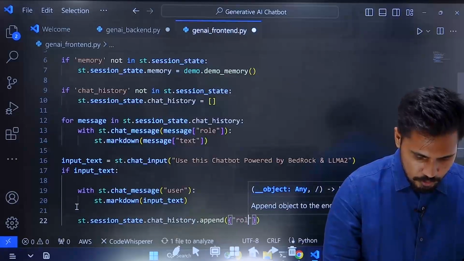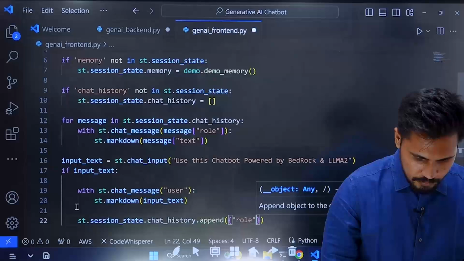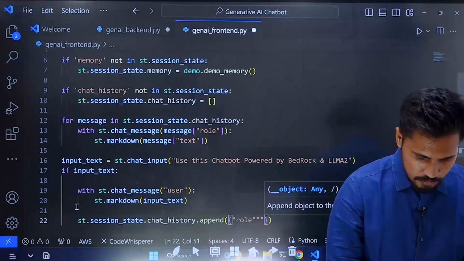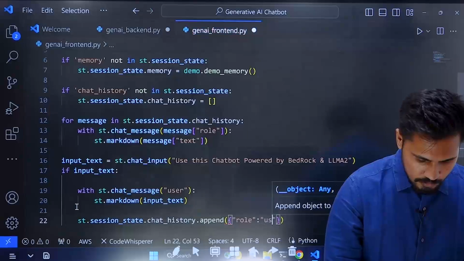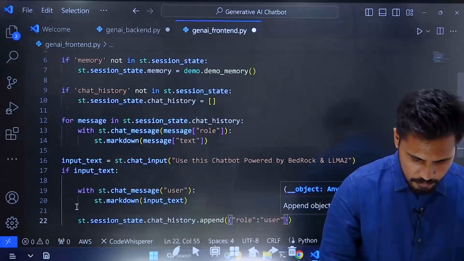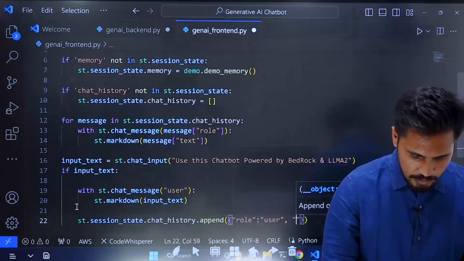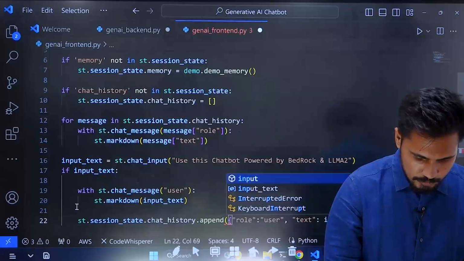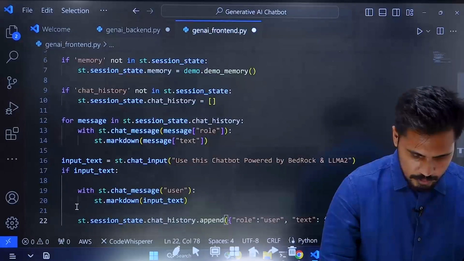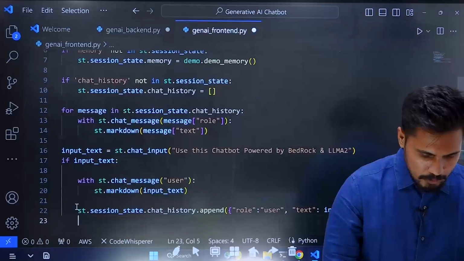I am trying to give the role as user, and the text is going to be input text. I hope you are able to get this. And then